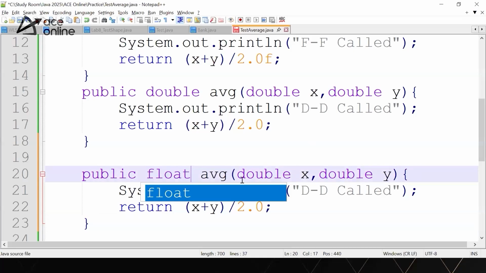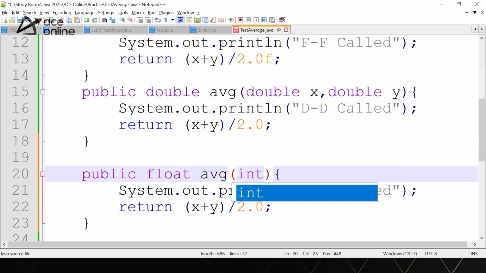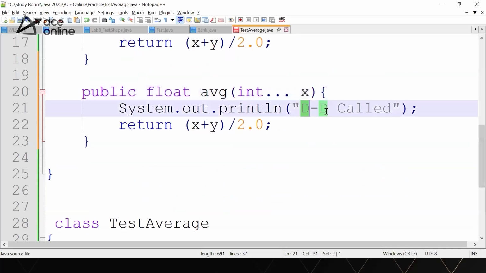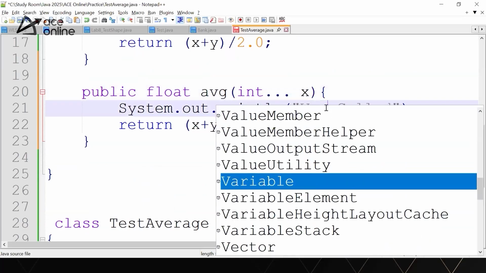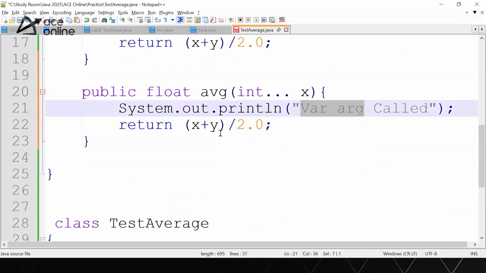I will take a variable of type integer, put three ellipses, and let's take the variable name as x. Now I will just say that variable length argument gets called, so that you can see it. Now the logic is also different. Why? Because now